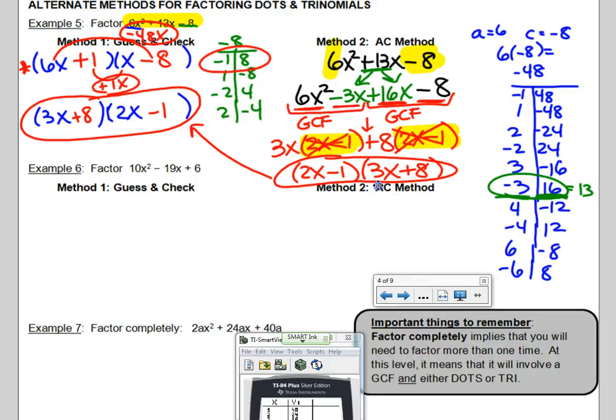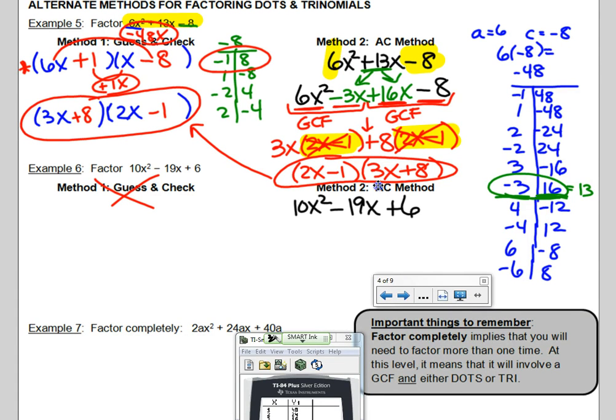of students like the AC method because it's a process that always works. There's no guessing and checking involved. So for the sake of time, example 6, I'm not going to do the guess and check method. I'm just going to stick with the AC method. Okay, so for the AC method for number 6, first off, I'm going to write my